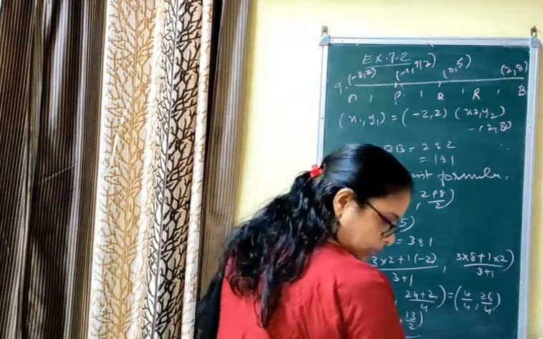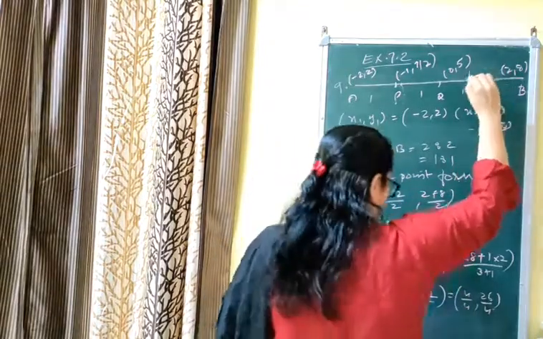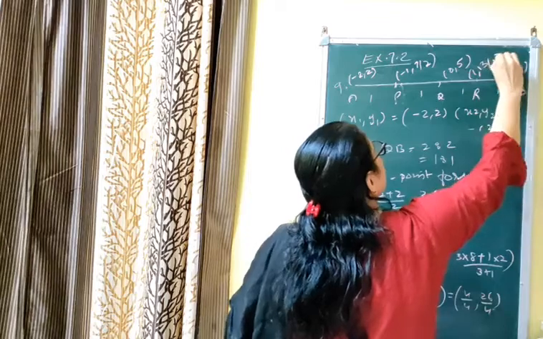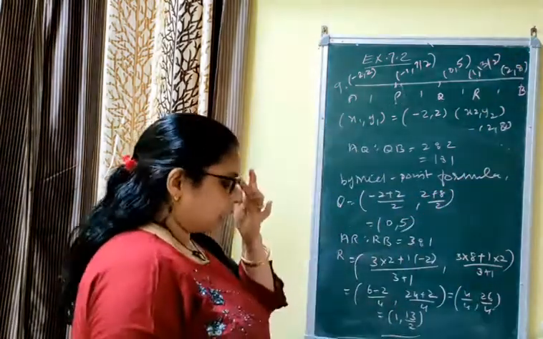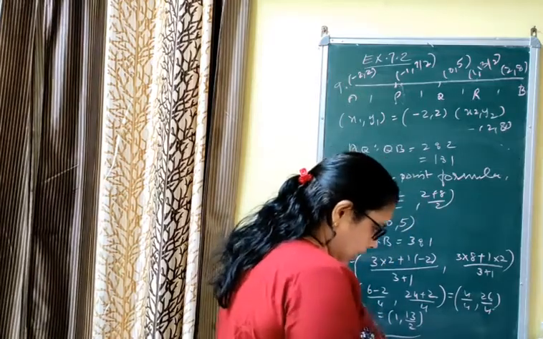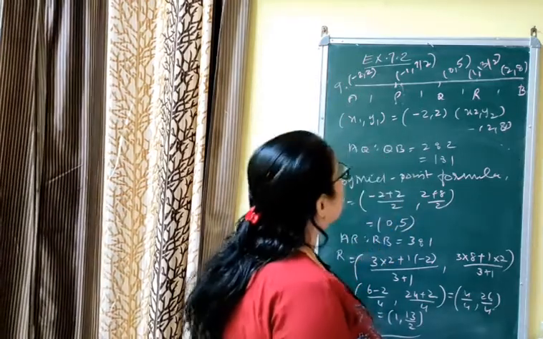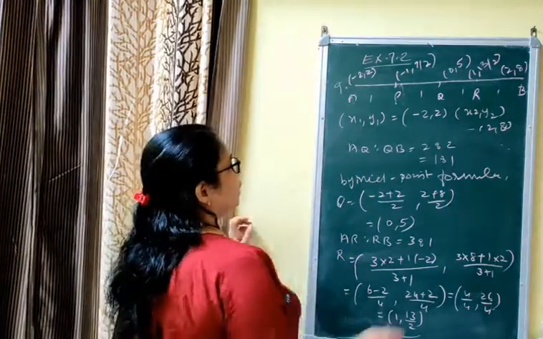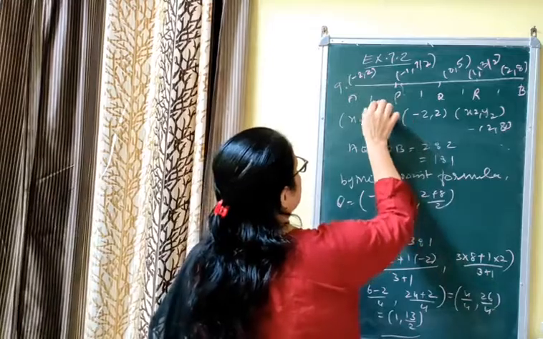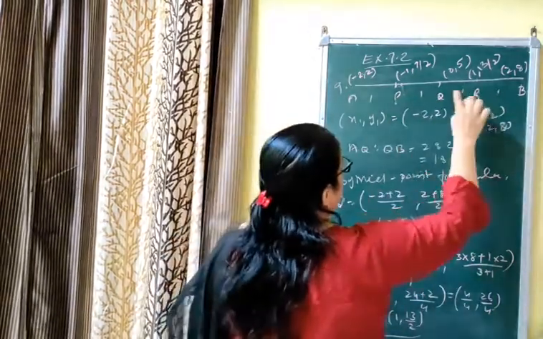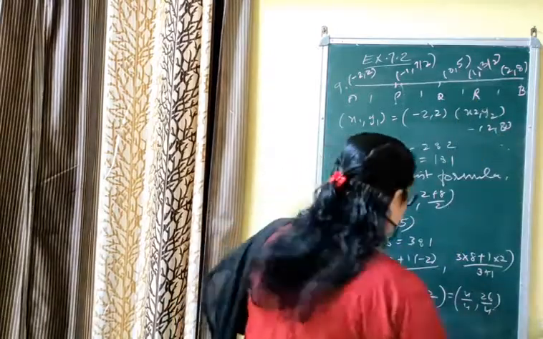That is the third point. The coordinate of R is (1, 13 by 2). If you want, you can write it in the figure, otherwise you can leave it. That means the first coordinate that we got is (minus 1, 7 by 2), the second is (0, 5), the third is (1, 13 by 2). In this one you have to think: AP is to PB is 1 is to 3, AQ is to QB is 1 is to 1, AR is to RB is 3 is to 1.